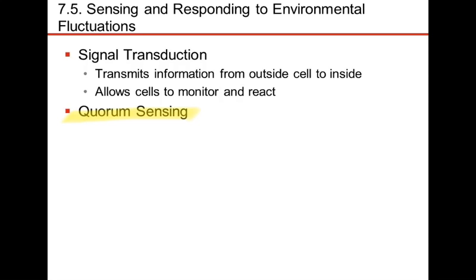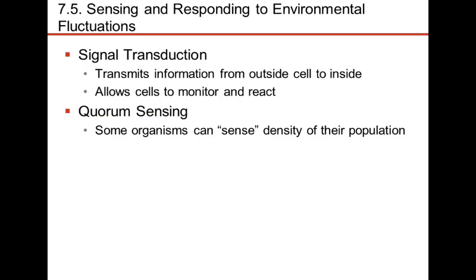And that tells them, hey, if we keep growing at this rate, pretty soon we're going to run out of nutrients here. We've got to move some of us over to San Antonio or wherever it is down the road somewhere so that we can spread out the population a little bit. And so they all kick on the light all together. And that's done by this process called quorum sensing. Basically they sense the density of their population, and